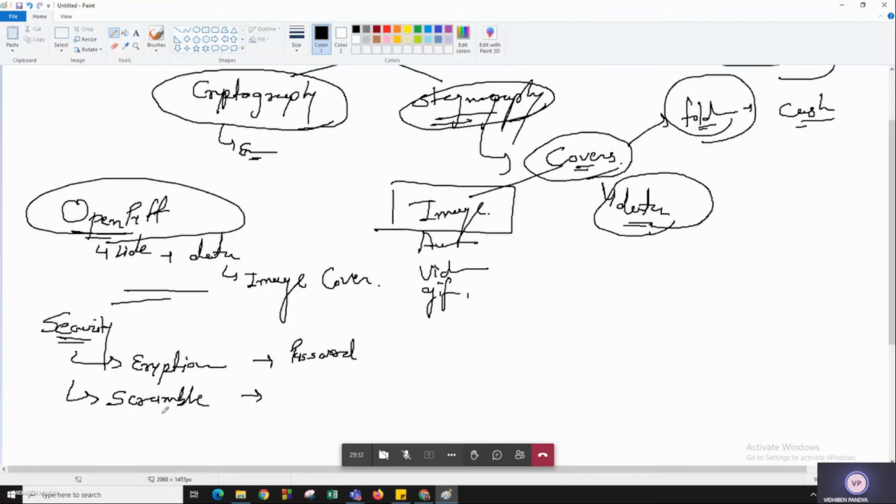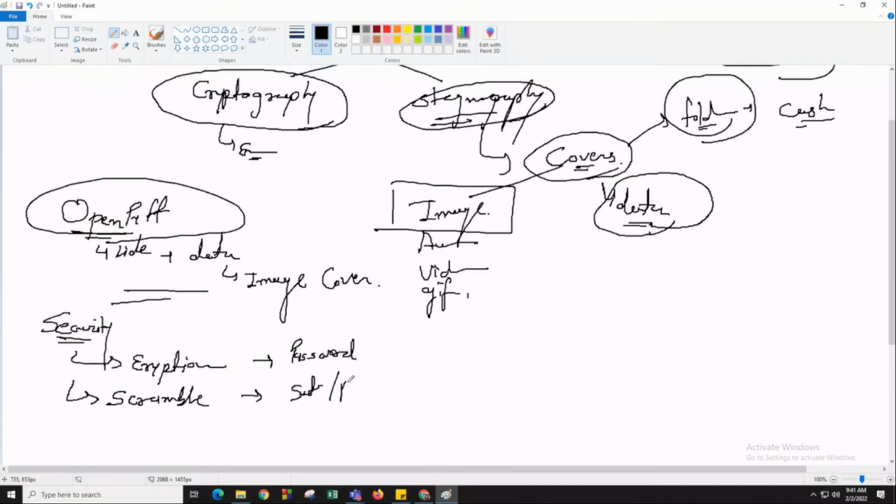Now, what do you mean by scrambling? What is scrambling? Shuffle. Rearrange. Yes, shuffle, mix up, rearrange. Very good. So after encryption, what happens?